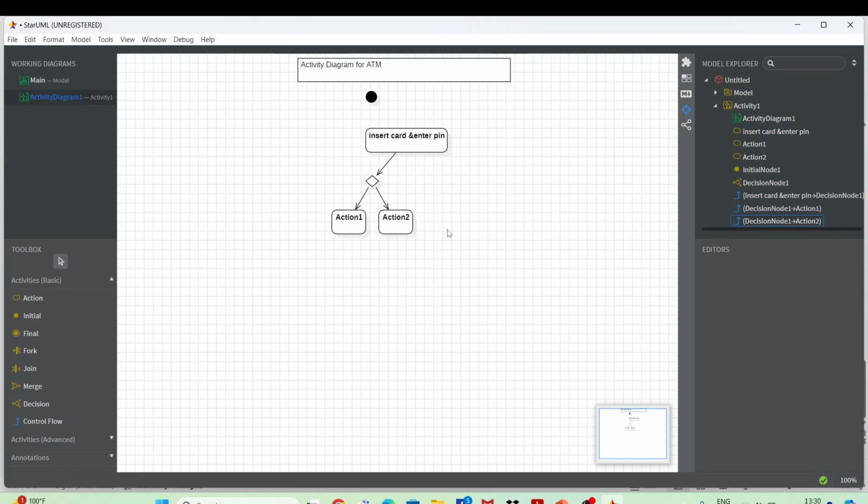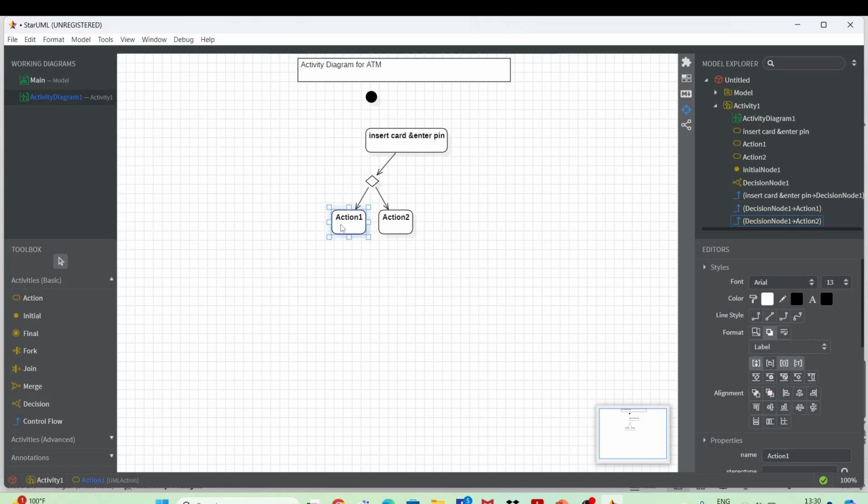See, here either it will be valid or it will be invalid. So if it is valid, you can say here enter amount. If it is not valid, this you can move over here.